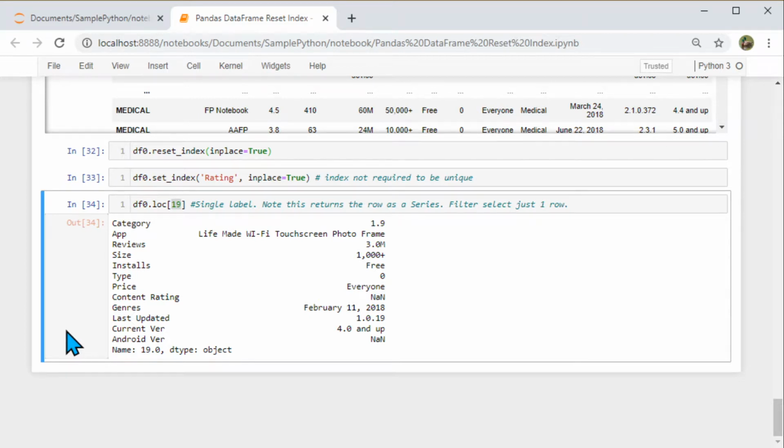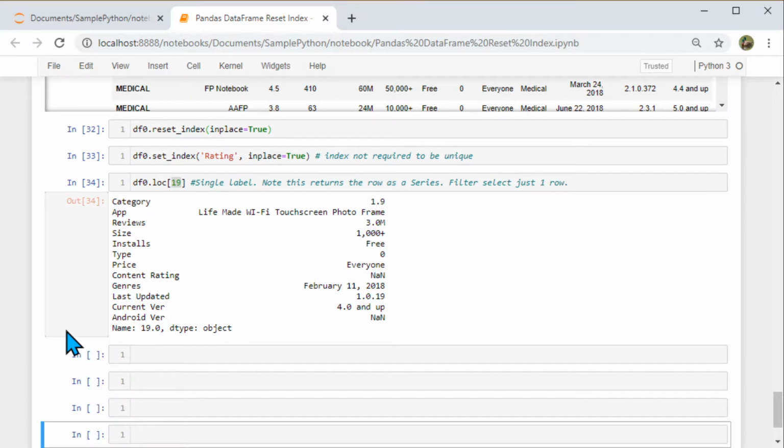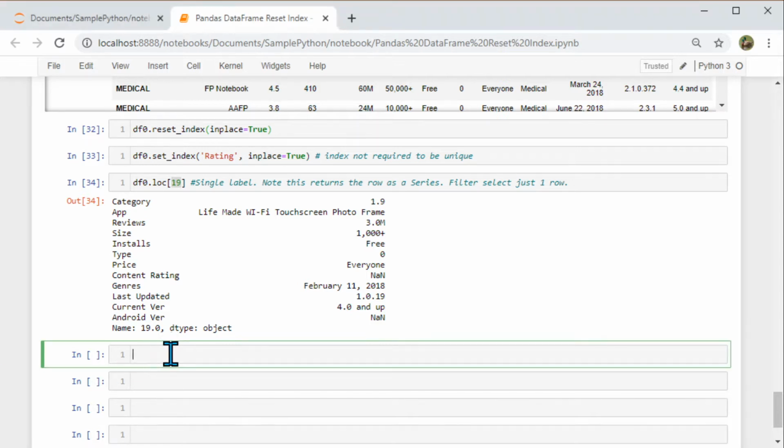Okay, so now let's include a few more command lines. Now is it possible to have multiple rows? In that case how does it look like? Yes, so here if you notice I say loc 3.9 comma 19. In this case we have multiple rows and columns, so output is going to be a subset of data frame which is another data frame.